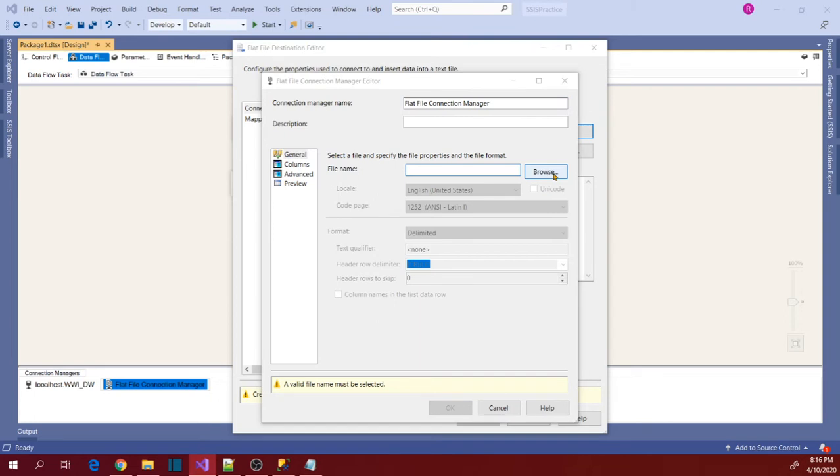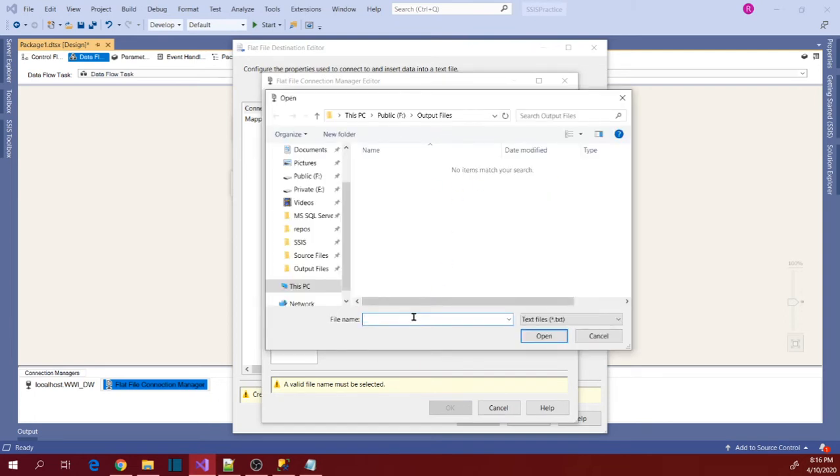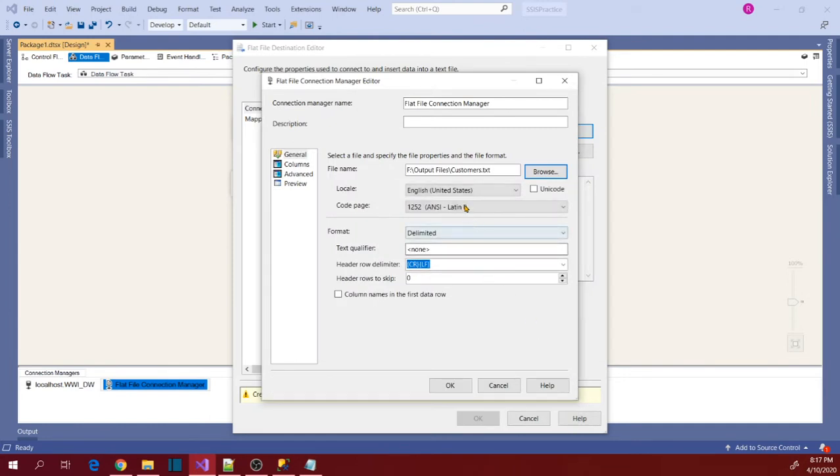Now define your connection string. So because my source is related to customers, I am choosing customers.txt. If you want to save the result as a CSV format, then you can choose .csv here instead of txt, or it supports CSV, txt, or any other format. Like if you want to store it like TSV, tab delimited format, or whatever custom delimiter, then you can choose the extension related to you. So I choose txt. Click open and now